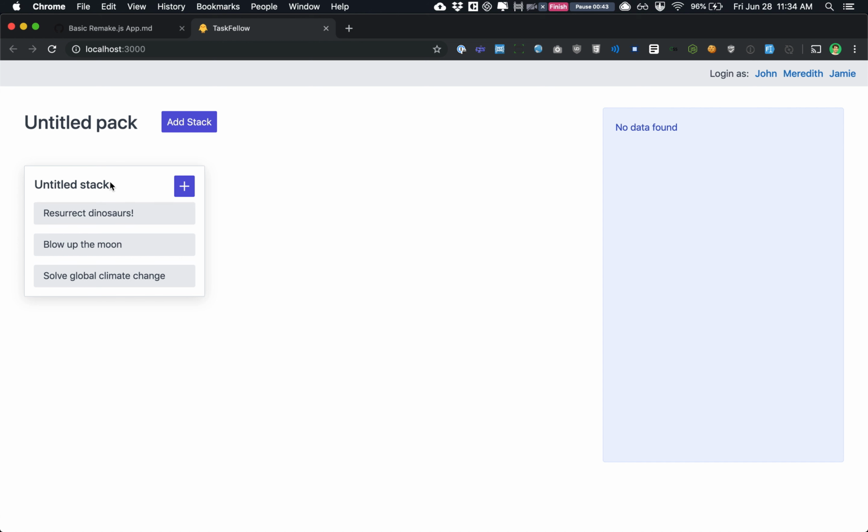So here we have a stack. We're going to be able to add items to the stack. We're going to be able to reorder them. We're going to be able to add new stacks. We're going to be able to drag items between the stacks, and we're even going to be able to reorder